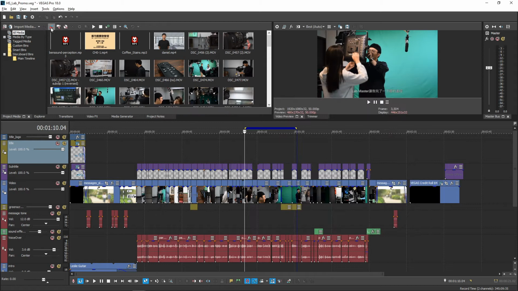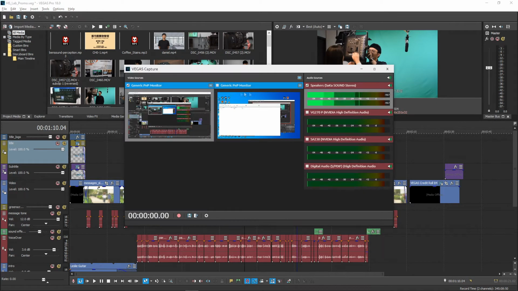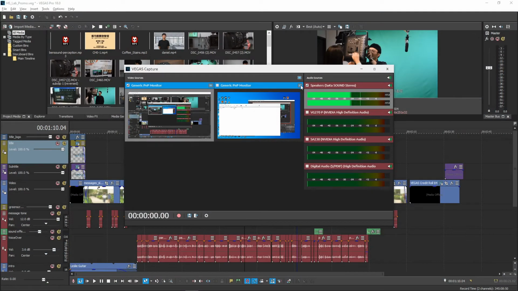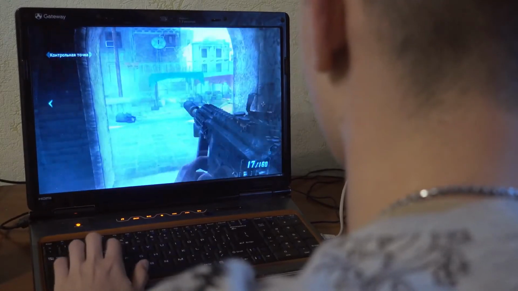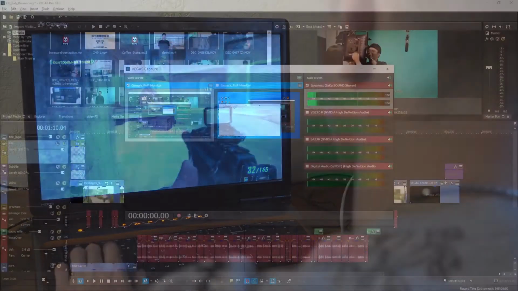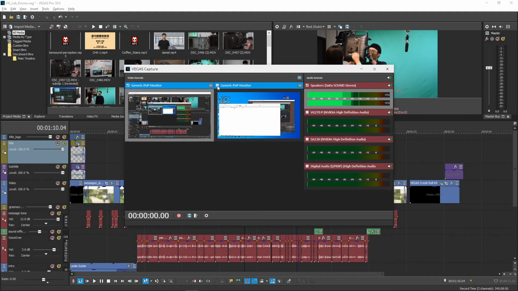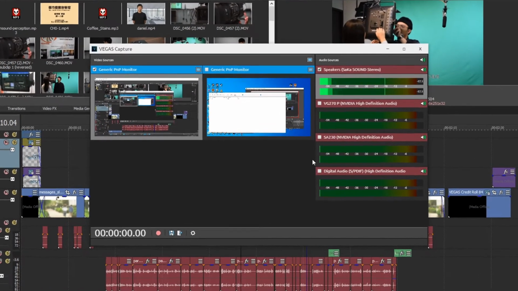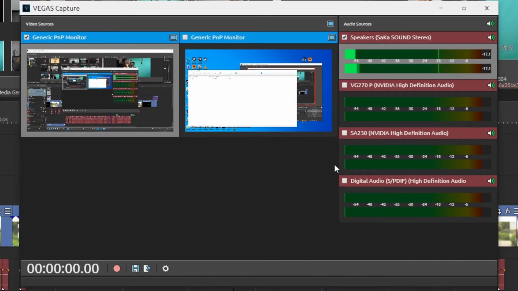The next function here is Vegas Capture. This allows you to live record either a screen recording or, if it is available to you, from your webcam. This is particularly useful if you're recording software for teaching purposes or things like gameplay for gaming videos. These quick videos import straight into your Project Media folder once it finishes recording. The capture window is very straightforward. It includes preview windows for your webcam feed and your screen, as well as audio level monitors.